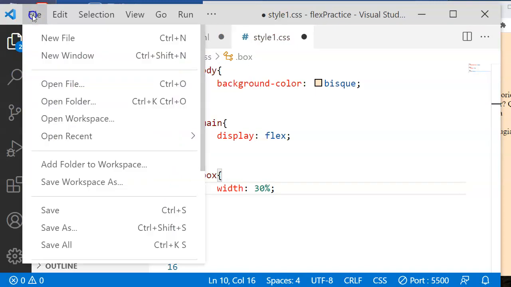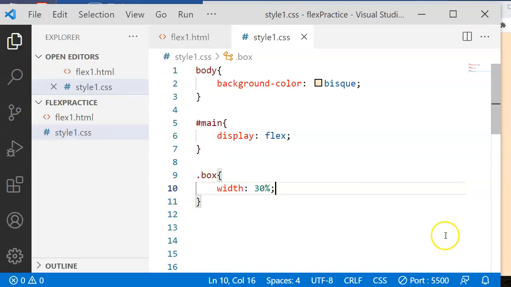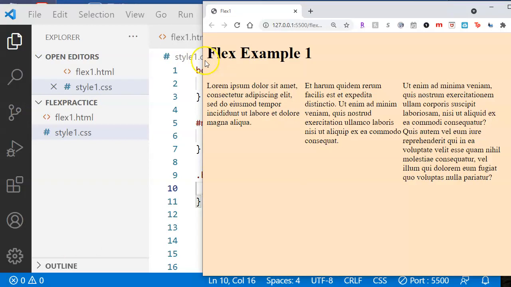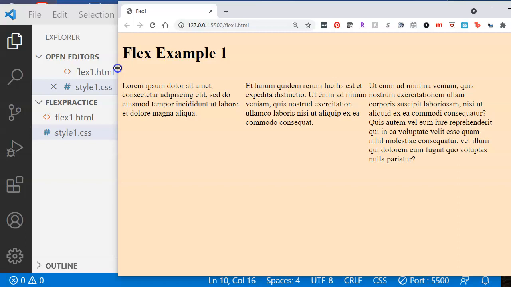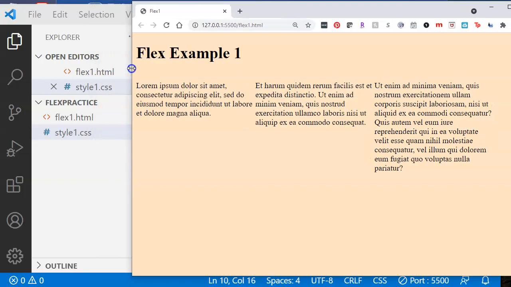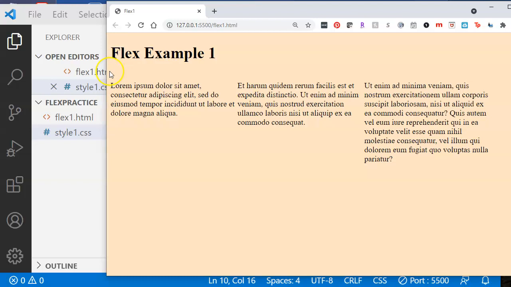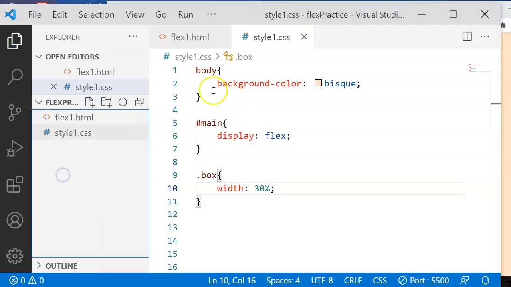If I use percent, then that will allow this page to be responsive. So as I grow or shrink this, you'll see that the columns are all the same width. Now, because it's 30%, and 3 times 30 is 90, there's some extra. You'll see there's extra space over here on the right. So if I want to control how these child boxes are aligned inside of the parent,